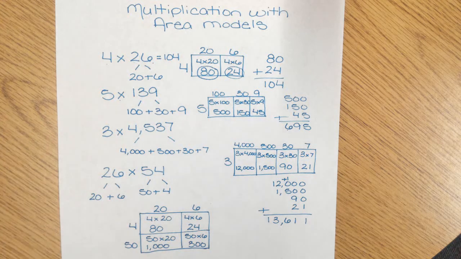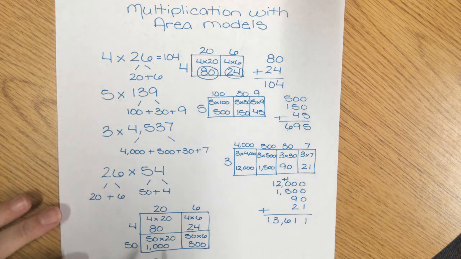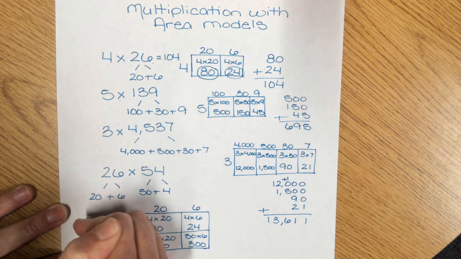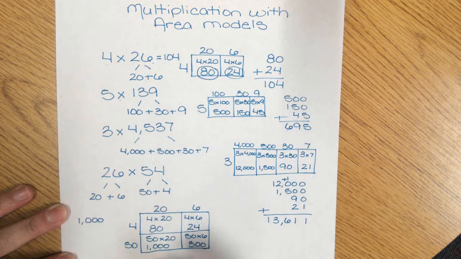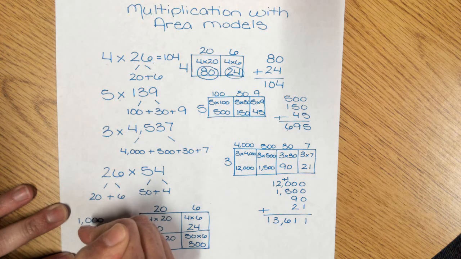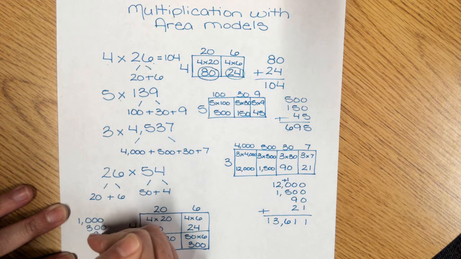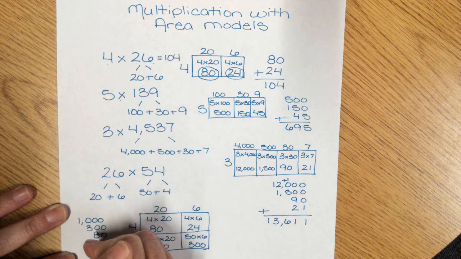So what I'm going to do is I'm going to add all my partial products together, again making sure that I line it up by place value. So I have 1,000. I'm going to add my 300, my 80, and my 24